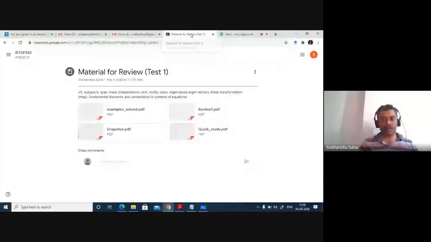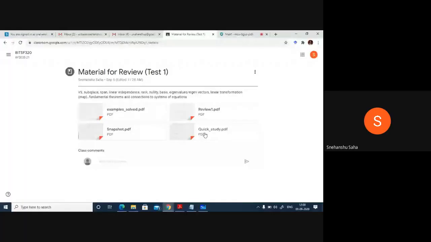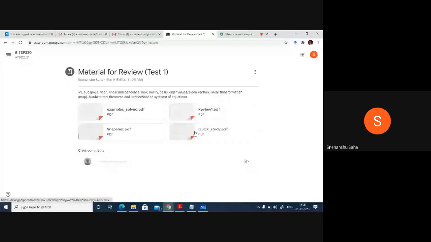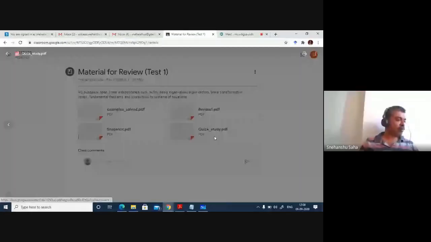And so let's go here. I have added an additional file which specifically serves as quick study notes. I don't know why it's not opening. Yeah, it should. Because some of you were asking, you wanted some pointed guidance as far as the book is concerned. So this particular file gives you that pointed guidance. I don't know why it's not opening, but I hope it does.